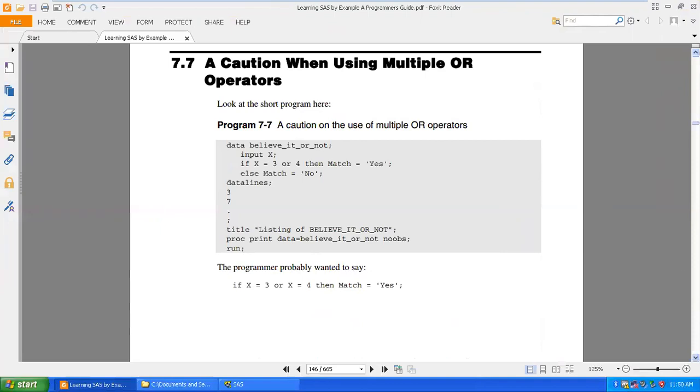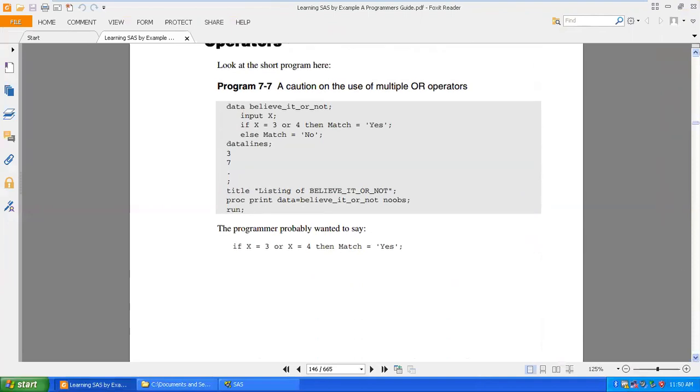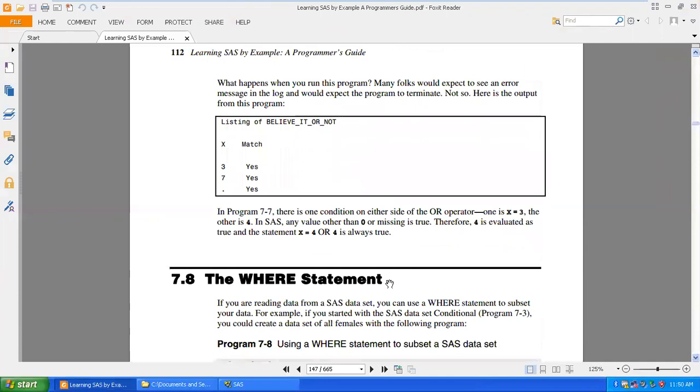So that's why it mentioned there and below. अच्छा. तो इसमें see, therefore 4 is evaluated as true if the statement of x is equal to 4. और ये period वाला, this period, हाँ, this period वाले को भी true interpret करेगा. Missing also we are considering. So that's why be careful whenever using or. Should not use it like this way they used it.